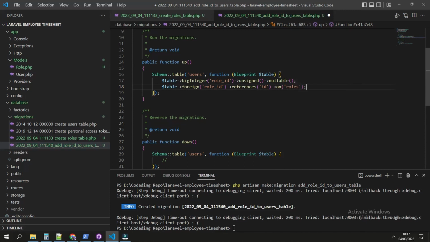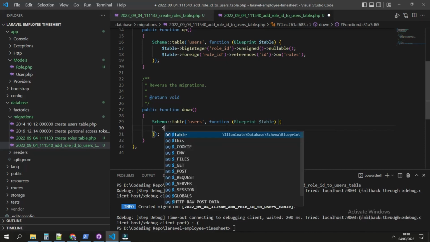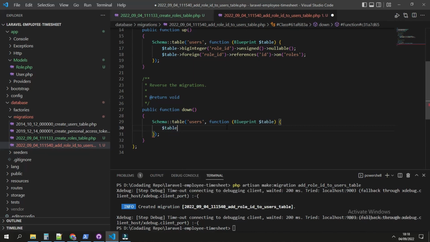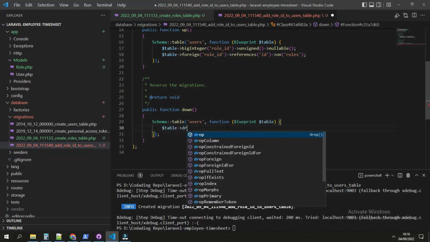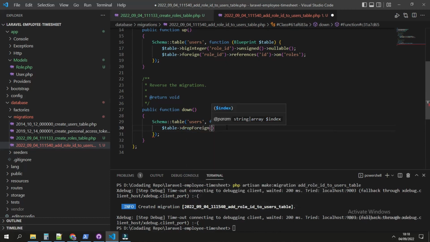For the reverse scenario, the first step would be to drop or remove the foreign relationship, which will be table drop foreign, and it needs the index of it.